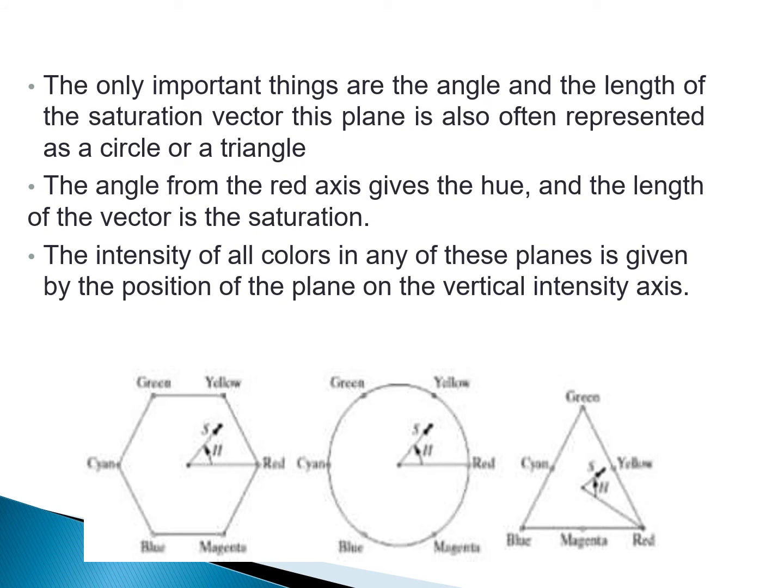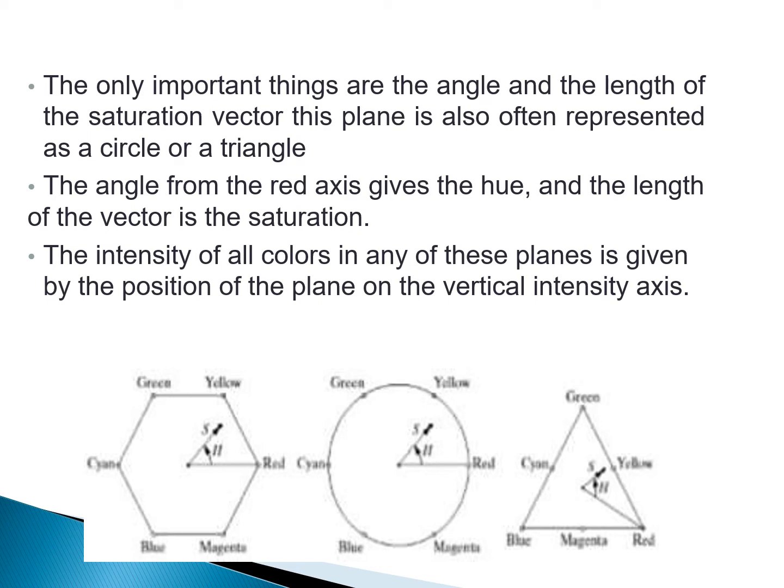So that means we can visualize this HSI plane in terms of a triangle or even a circle. Basically, we have now seen how it can be represented by a hexagon, and this hexagon can also be visualized as a triangle or even a circle, as shown in this particular picture, the second and the third one. The shape chosen here is not going to matter, because any one of these shapes can be changed into the other two by a geometric transformation.